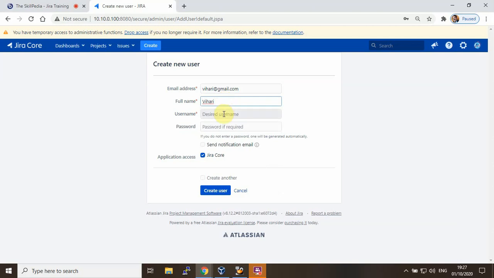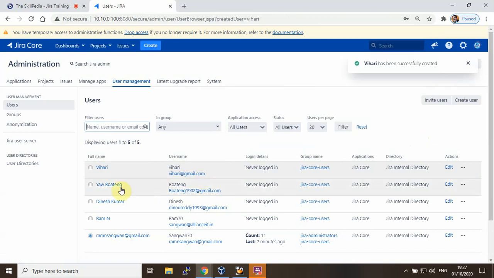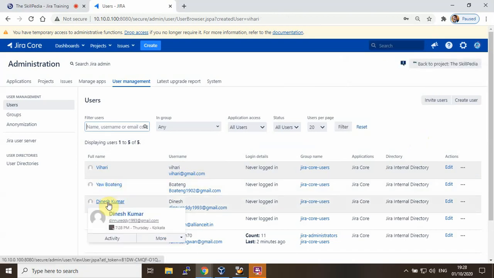So this is the full name, username is Vihari, and password is Vihari#12. I'm keeping it simple. Now if you want to create another user, you can click on this checkbox here, create another user, and then create user, right? I don't want to create another user, and I simply click on create. So the user is created. Similarly, I created Yao, Boteng, Dinesh, Ram, and so I created all these users.